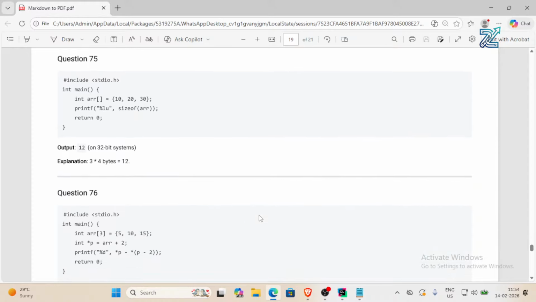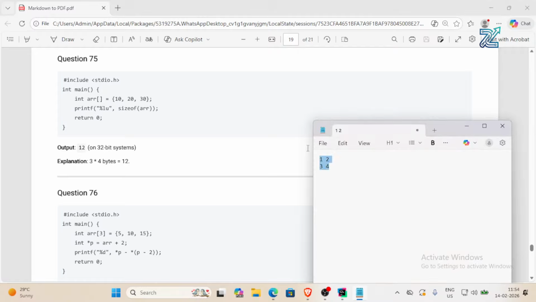So in this question, there is a one-dimensional array with 3 elements. Currently the pointer is pointing at the first, 0th index element, and adding 2 moves 1 and 2, so at that time it will point to the last element, 15. So first the value is 15, plus the current pointer is pointing to 15. Then reducing by 2, it will move on to the 5. So 15 plus, it's negative, so 15 minus 5, it will give the output as